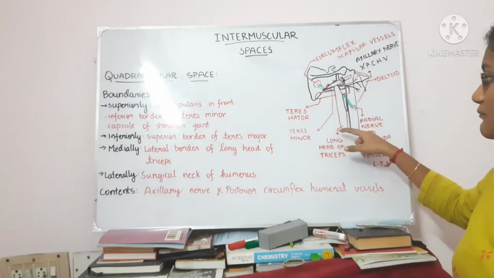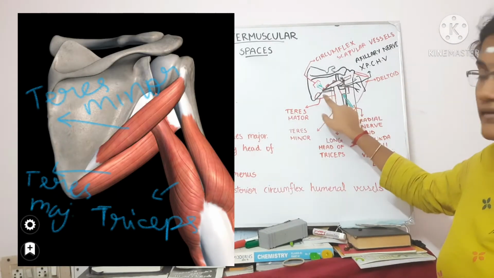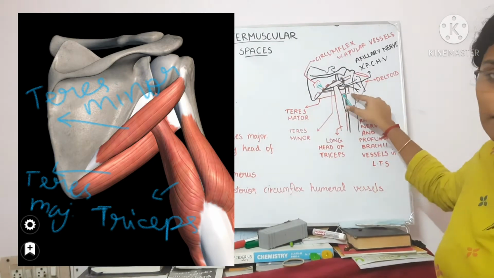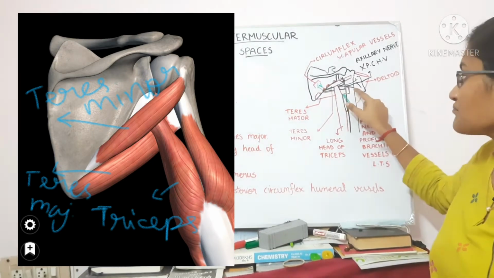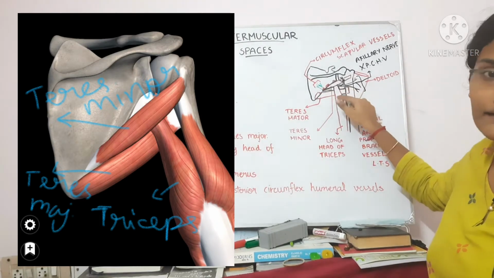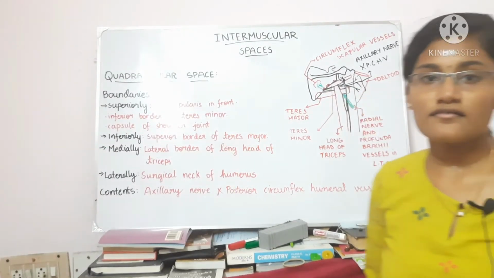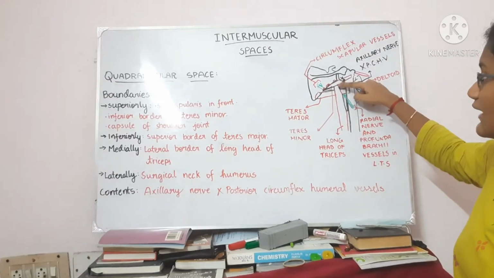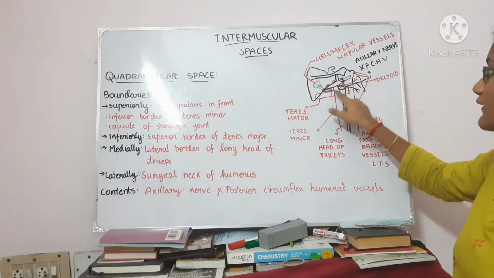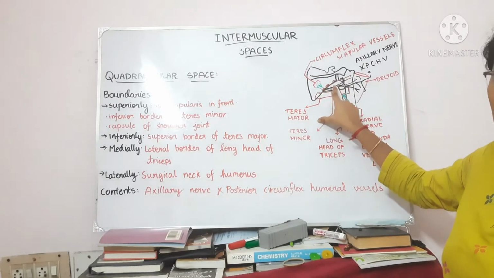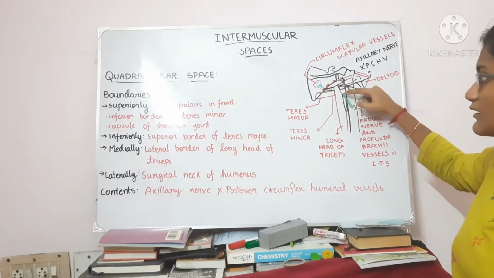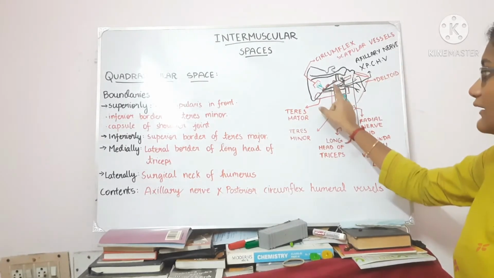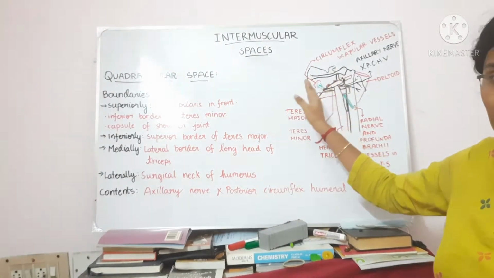Next, going to the teres major muscle. The teres major muscle originates from the lower part of the lateral border and it inserts itself into the bicipital groove, and while doing so, it crosses the triceps brachii. Now let's go into the intermuscular spaces. So this is called the upper quadrangular space, and this is called the upper triangular space, and this is the lower triangular space. So the upper quadrangular space is present laterally and the upper triangular space is present medially.